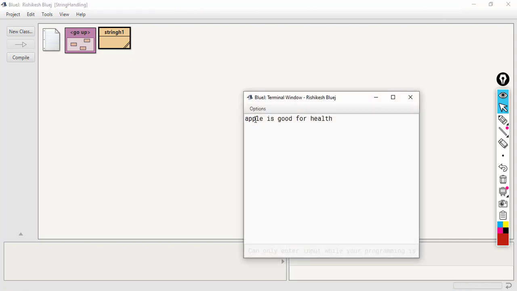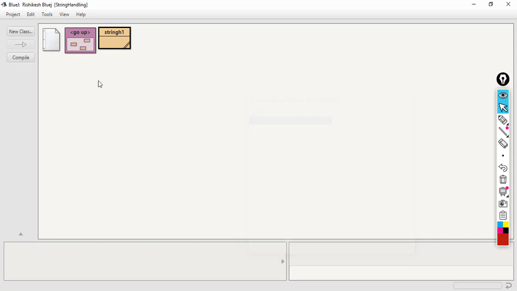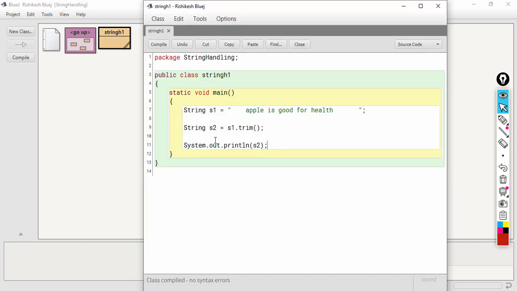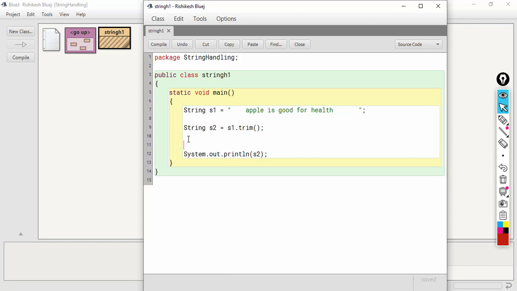Here you can see that the leading and trailing spaces have been removed. To make a clear distinction, let's print the value of s1 also.